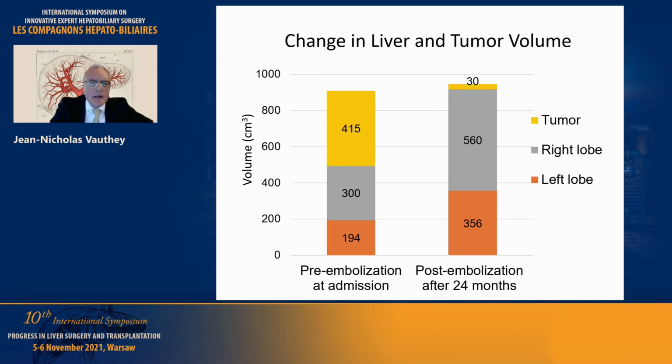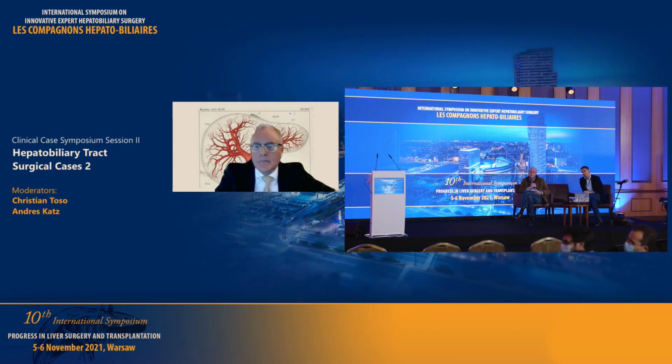Very nice case. The shrinking of the tumor, of course, was a reassuring point. What was the intention at the beginning when you embolized the shunt, closed the shunt? Was it to bring the patient to resection, or did you know what would happen? Yes, the intention was resection. But when I saw the improvement...